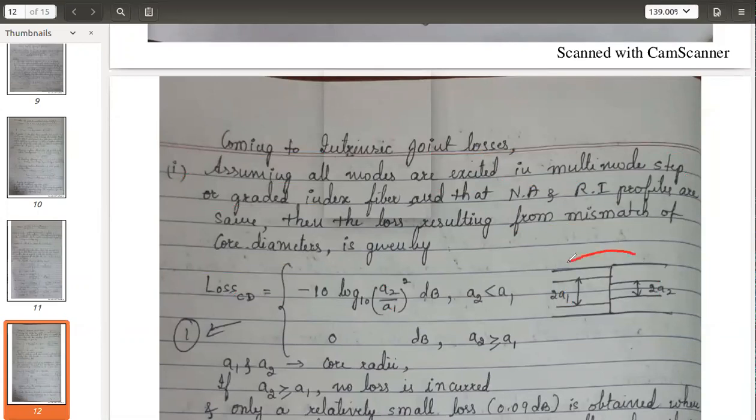Okay, coming to this figure, assuming that the transmission is like this. From this first fiber to the second fiber, the transmission is happening. Suppose the area covered here is bigger. Here the area is small. So it may happen that only whatever light wave, the different modes that are propagating, which covers only this part, will be moved or transferred to this.